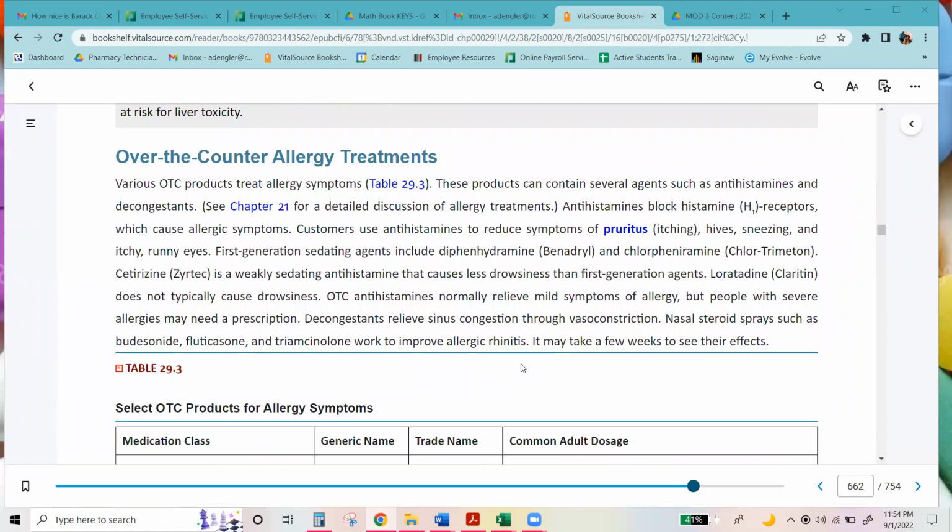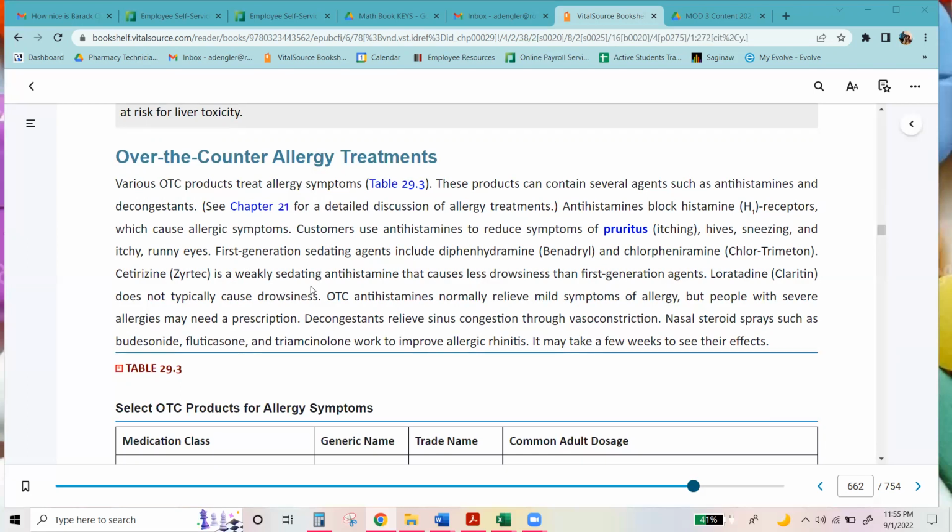Over-the-counter allergy treatments. These products can contain several agents such as antihistamines or decongestants. Antihistamines block histamine receptors, which cause allergic symptoms. Customers use antihistamines to reduce symptoms of pruritus, which is itching, hives, sneezing, and itchy, runny eyes. First generation sedating agents include diphenhydramine, the generic for Benadryl, chlorpheniramine, which is the generic for Chlor-Trimeton, cetirizine, which is the generic for